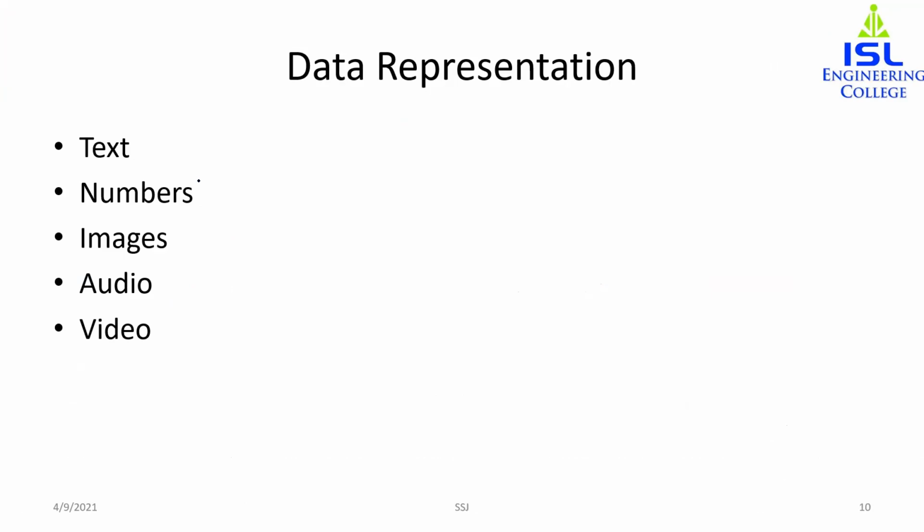As I said in the earlier slide, messages can be data, and that can be in any form: text, numbers, images, audio, video, and even pictures. Text will include your PDF, Word document, etc. Information today comes in different forms such as these, and text is basically represented as a bit pattern. In computer language, text is a sequence of bits, that is zeros and ones.